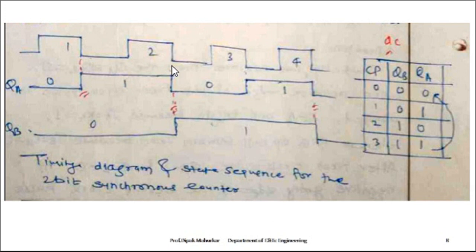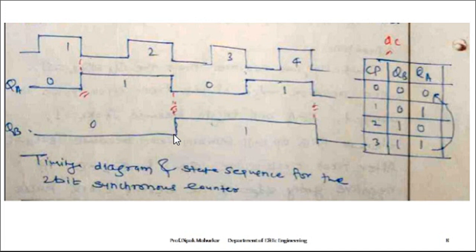QA is equal to 0, because a falling edge occurs and QA changes from 1 to 0. And QB will respond whenever QA moves from high to low. So after the second clock pulse, QA is equal to 0 and QB is equal to 1. At the negative going edge of the third clock pulse, flip flop A toggles making QA equal to 1, but flip flop B remains set, that is QB is equal to 1.